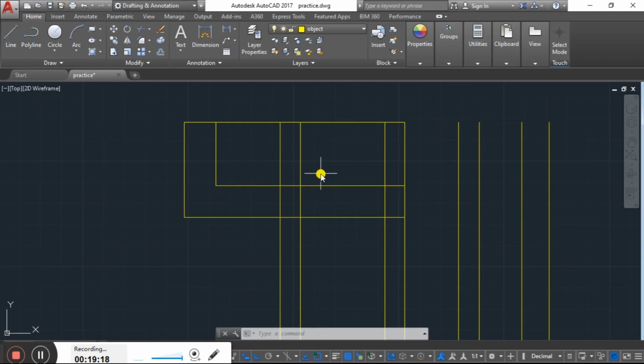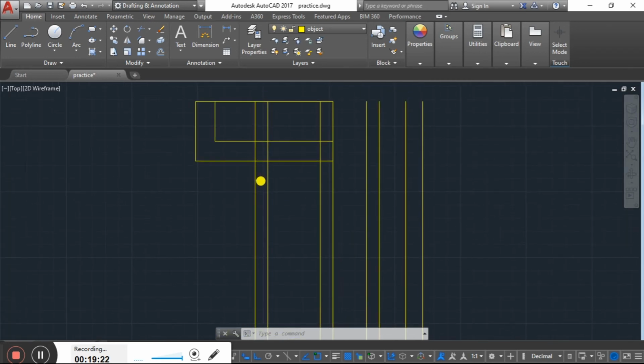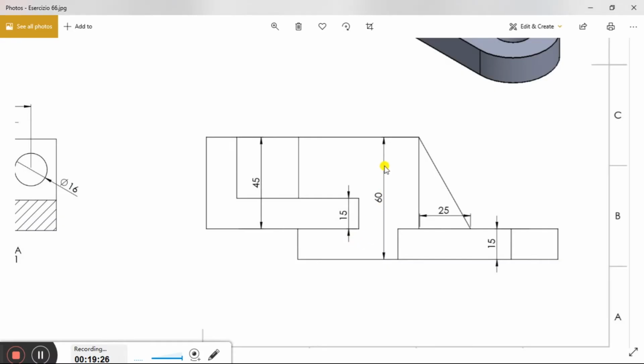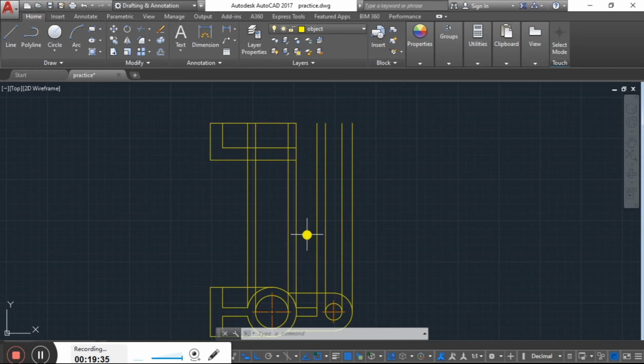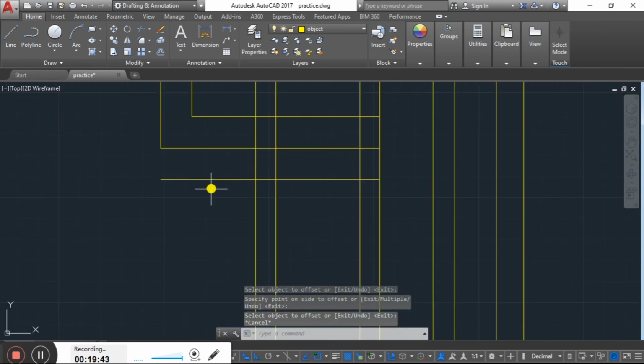Now, how do we create this? First make sure this line is put to 60. We have to take the offset of 60 mm.